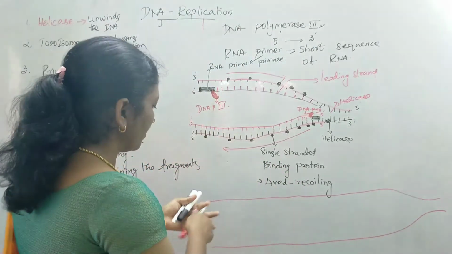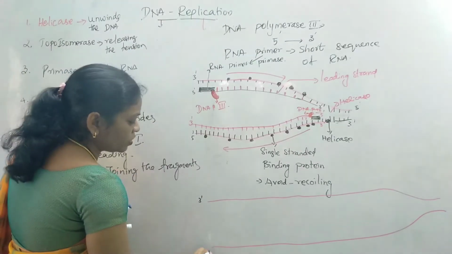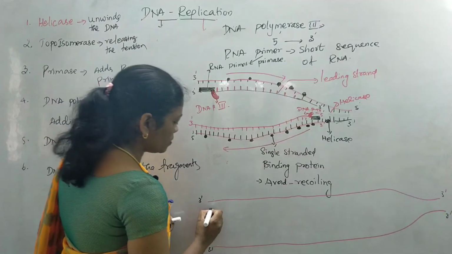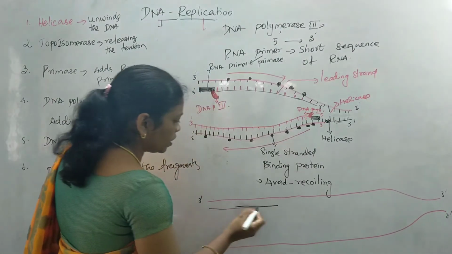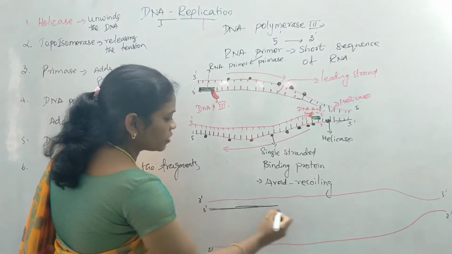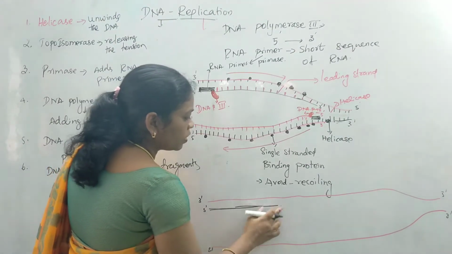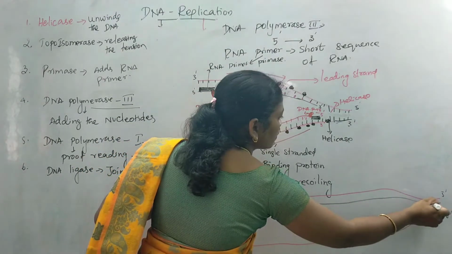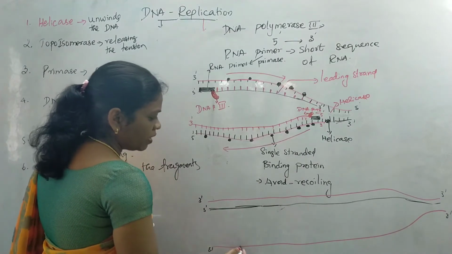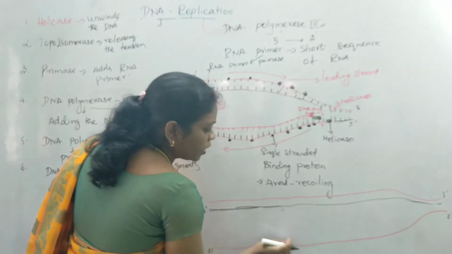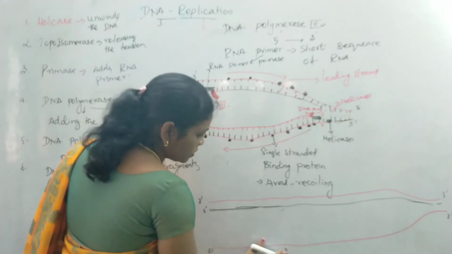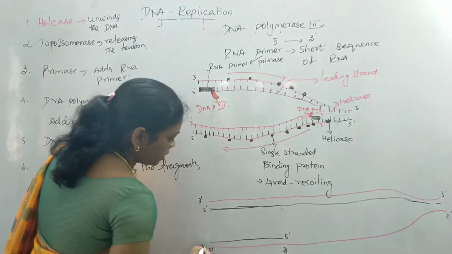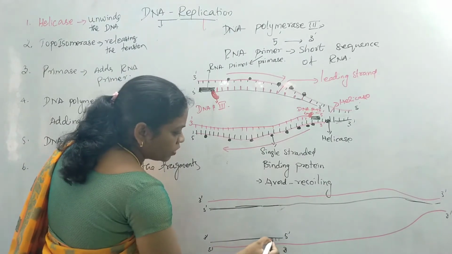Where we can find the same here, it is 3' direction, it is 5' direction, and again it is 5' 3'. So this is the opposite strand. Here we have the one strand that runs from 5' direction to the 3' direction. So it will be a continuous chain where it can be synthesized towards the 3' direction of the strand. On the opposite side, where here we have 3' direction, when the replication fork forms here, it is 3' direction. So the opposite side is 5', and here it is 3', where we have the nucleotides here.